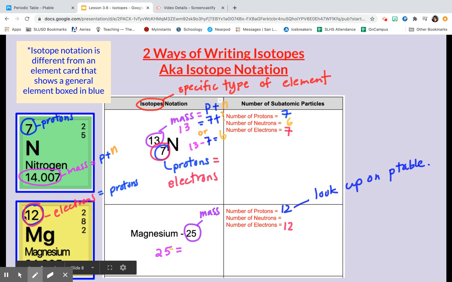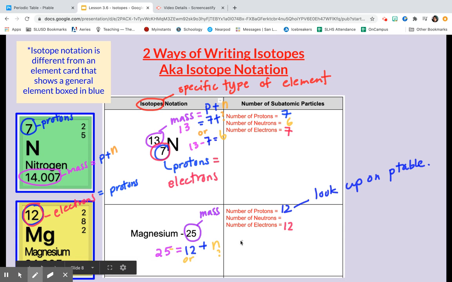I know from the periodic table, I had 12 protons from the top number, plus how many neutrons do I have? Well, I'm not sure. I have to figure that out algebraically, right? So I can either think what plus 12 equals 25,